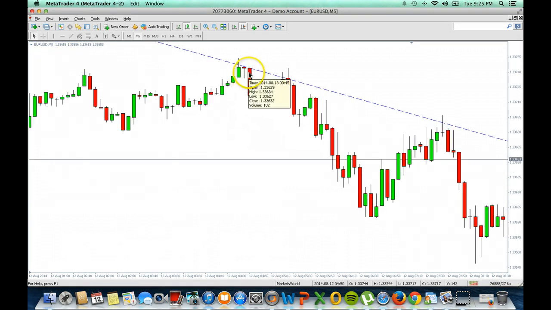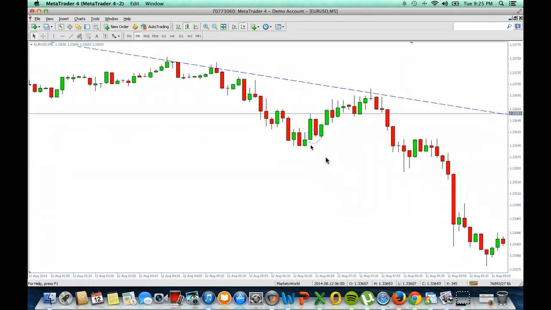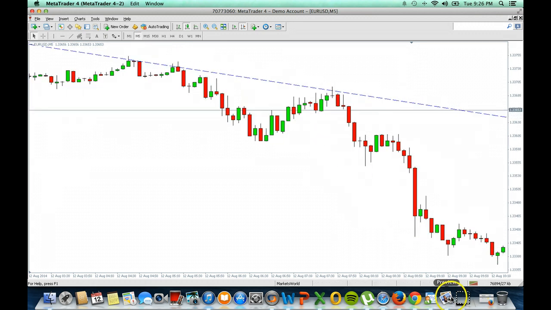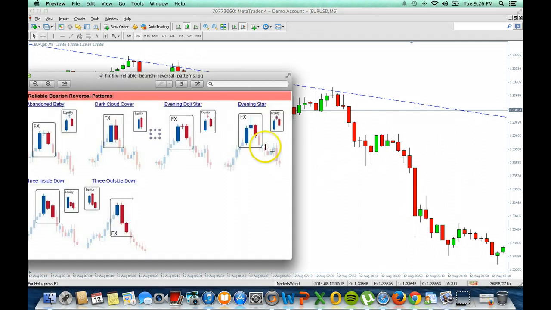All right, so what happened here is price went down, and it came back to retest that line because this trend line acts as support and resistance. All right, so it came and it tested resistance, couldn't break through, and it just dropped. All right, this is why you need to know which candle pattern or reversal patterns to look out for. All right, now right here, same thing happened, same pattern, reversal pattern, and you see it just drops, price just